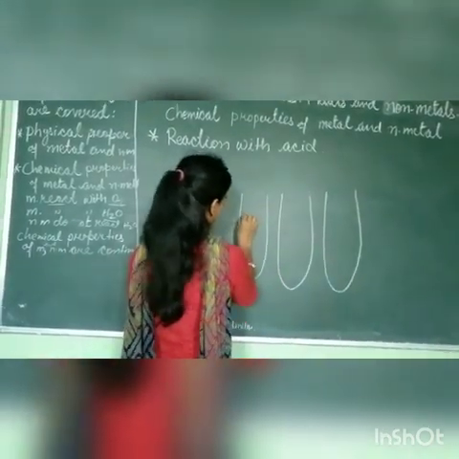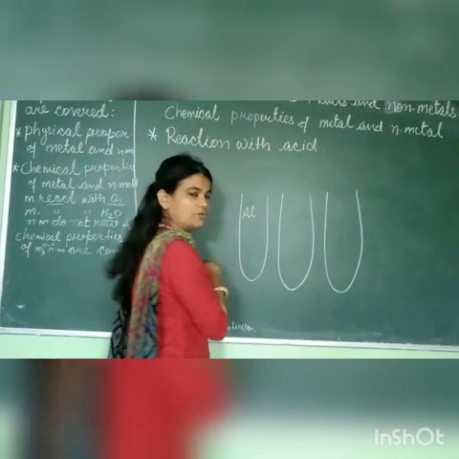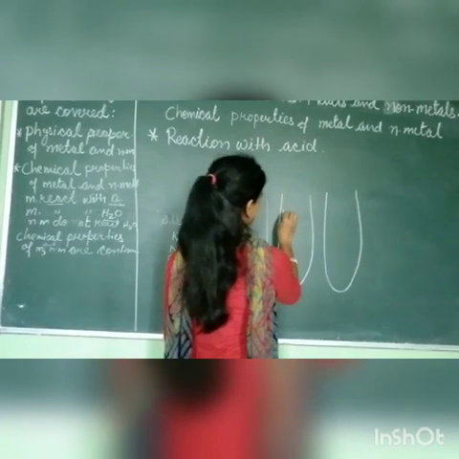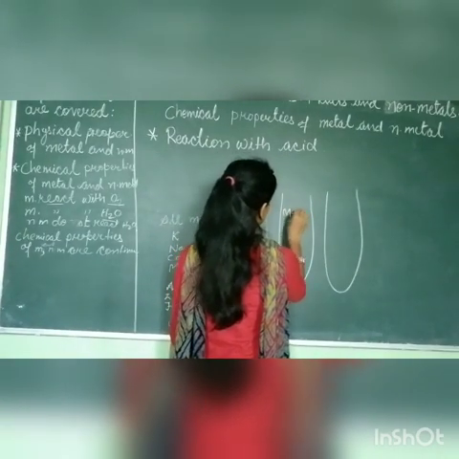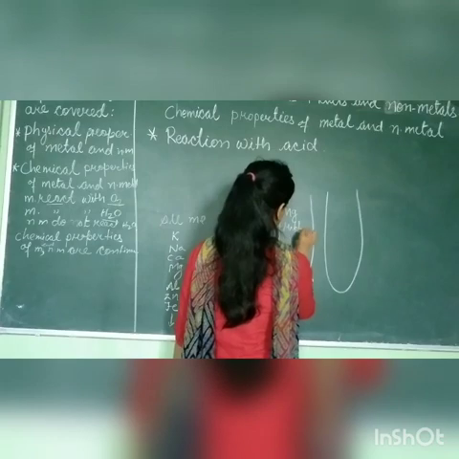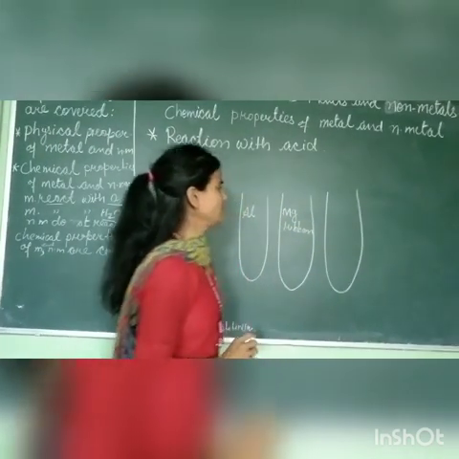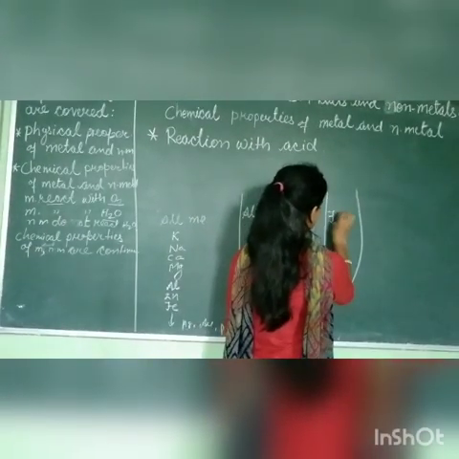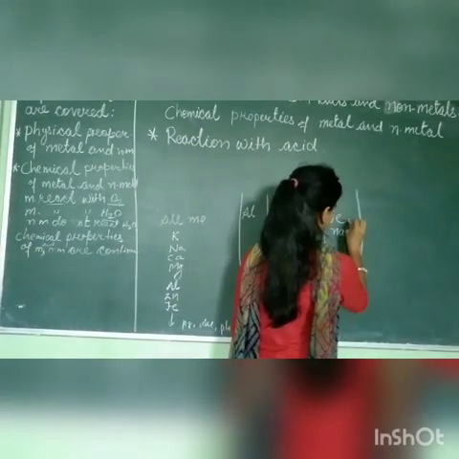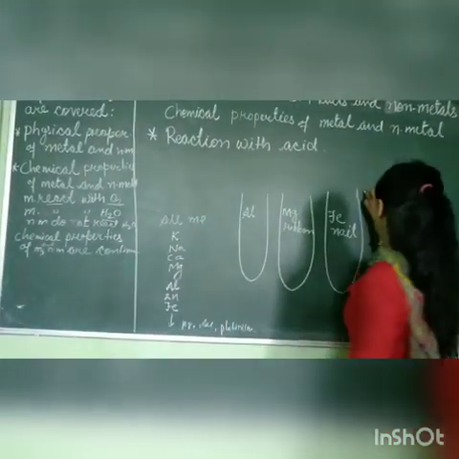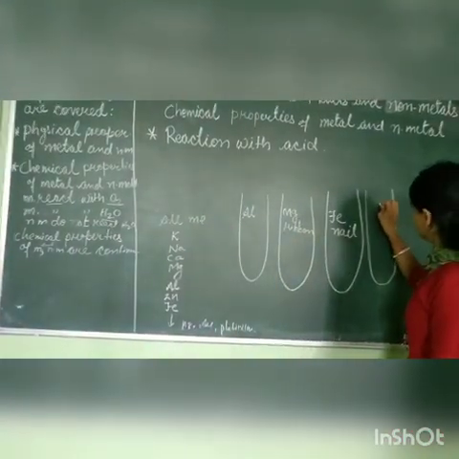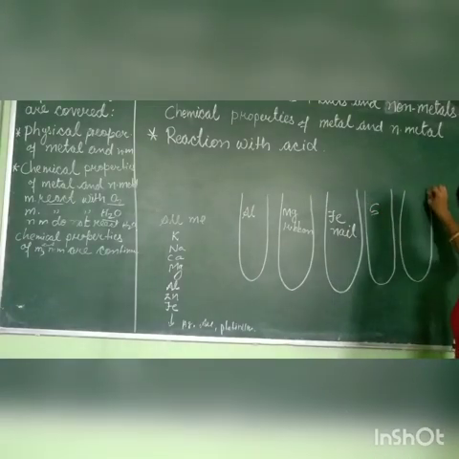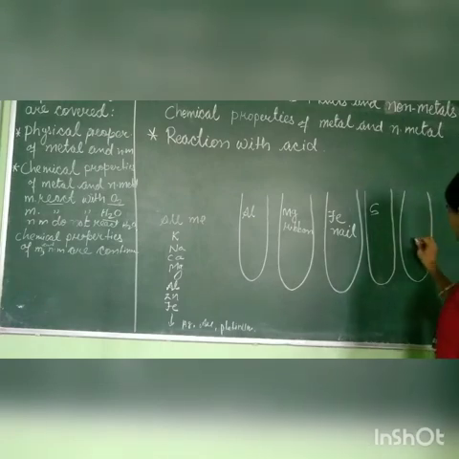Here I put aluminium foil, the foil you wrap your lunch in during lunch time, I have seen. Then magnesium. Magnesium ribbon is already available in the market. Then an iron nail. And now as non-metals you will take sulfur powder, the formula symbol of sulfur is S, and a coal piece. If you cannot take a coal piece, then take the powder form of coal.